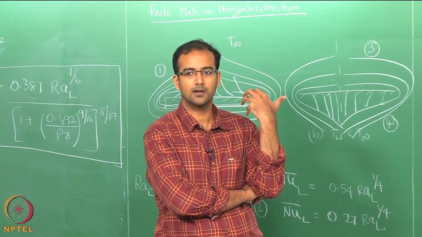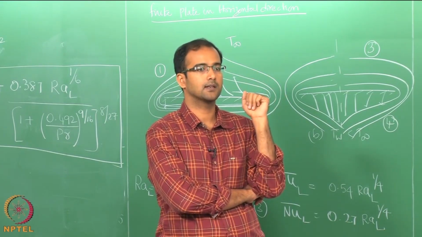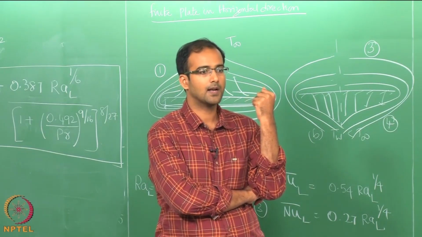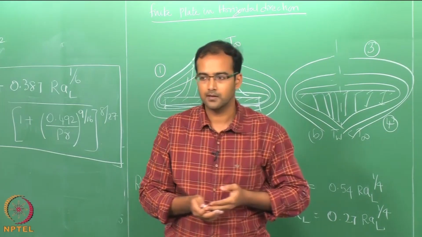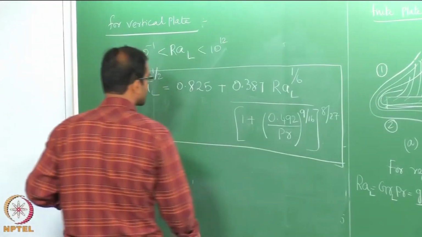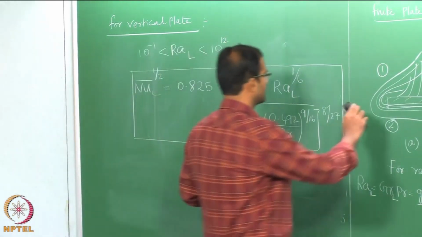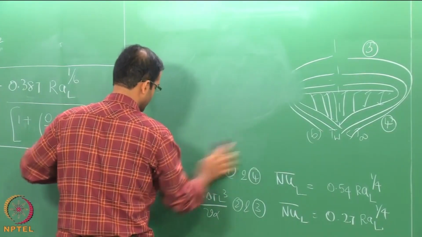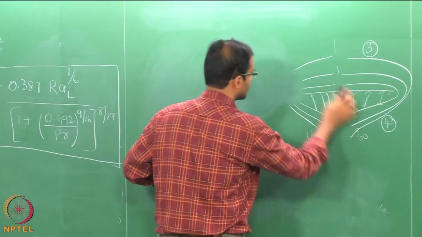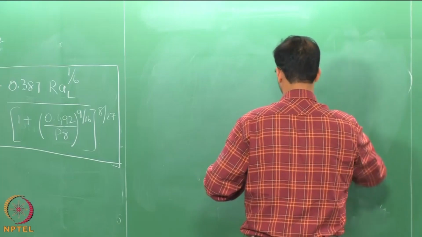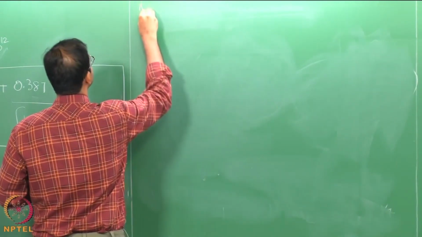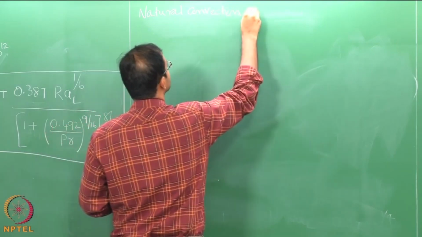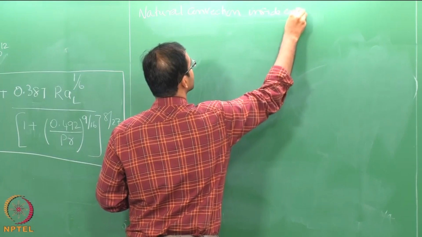Okay. So, all these have been on external flows, there where you place a plate in a free stream and you observe the buoyancy forces which aid the development of the boundary layer. Now, what happens when you confine this completely? Okay. So, that means you can look at simple objects like cavities, and where you do not have per se anything like an external free stream temperature and density. So, what happens to these natural convection boundary layers within enclosed spaces? So, therefore, there is a separate discussion on natural convection inside enclosures,